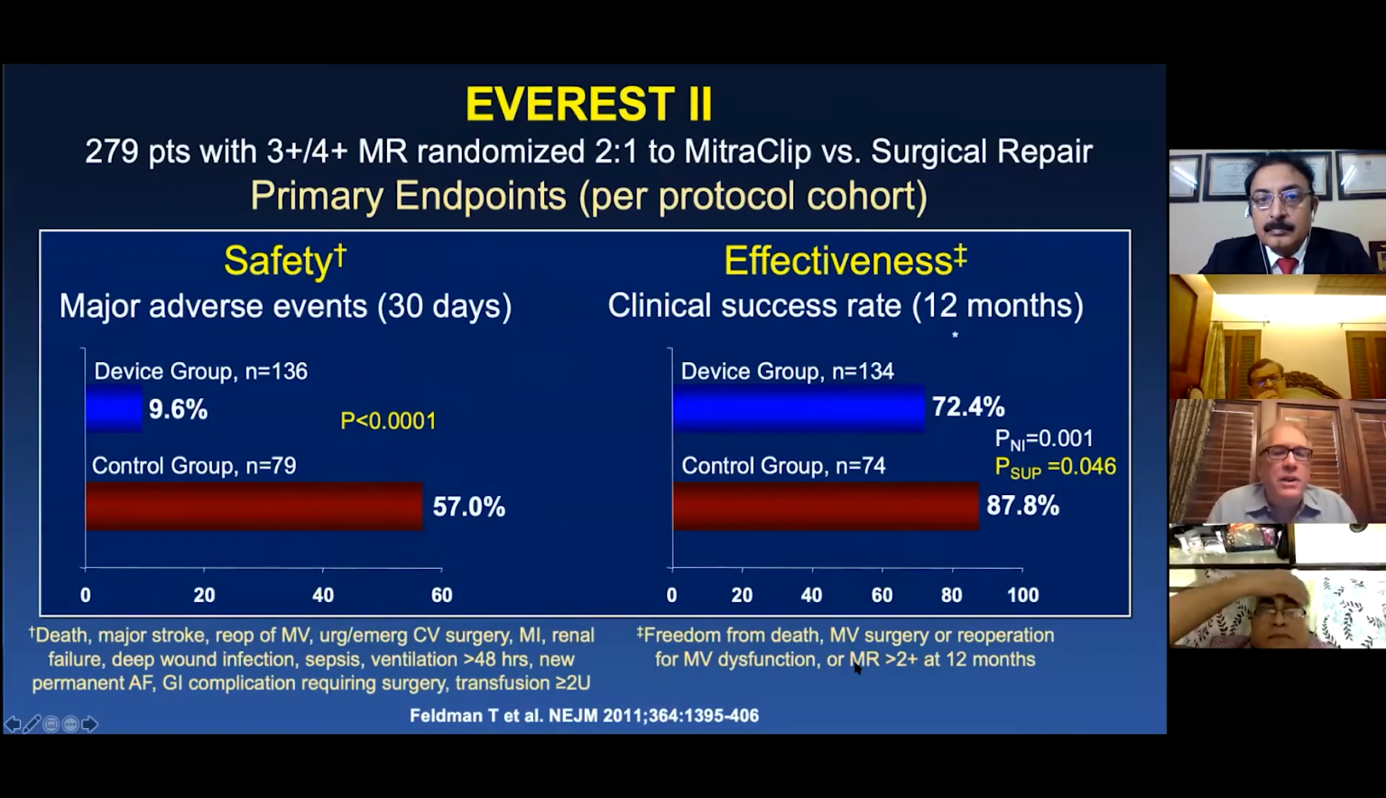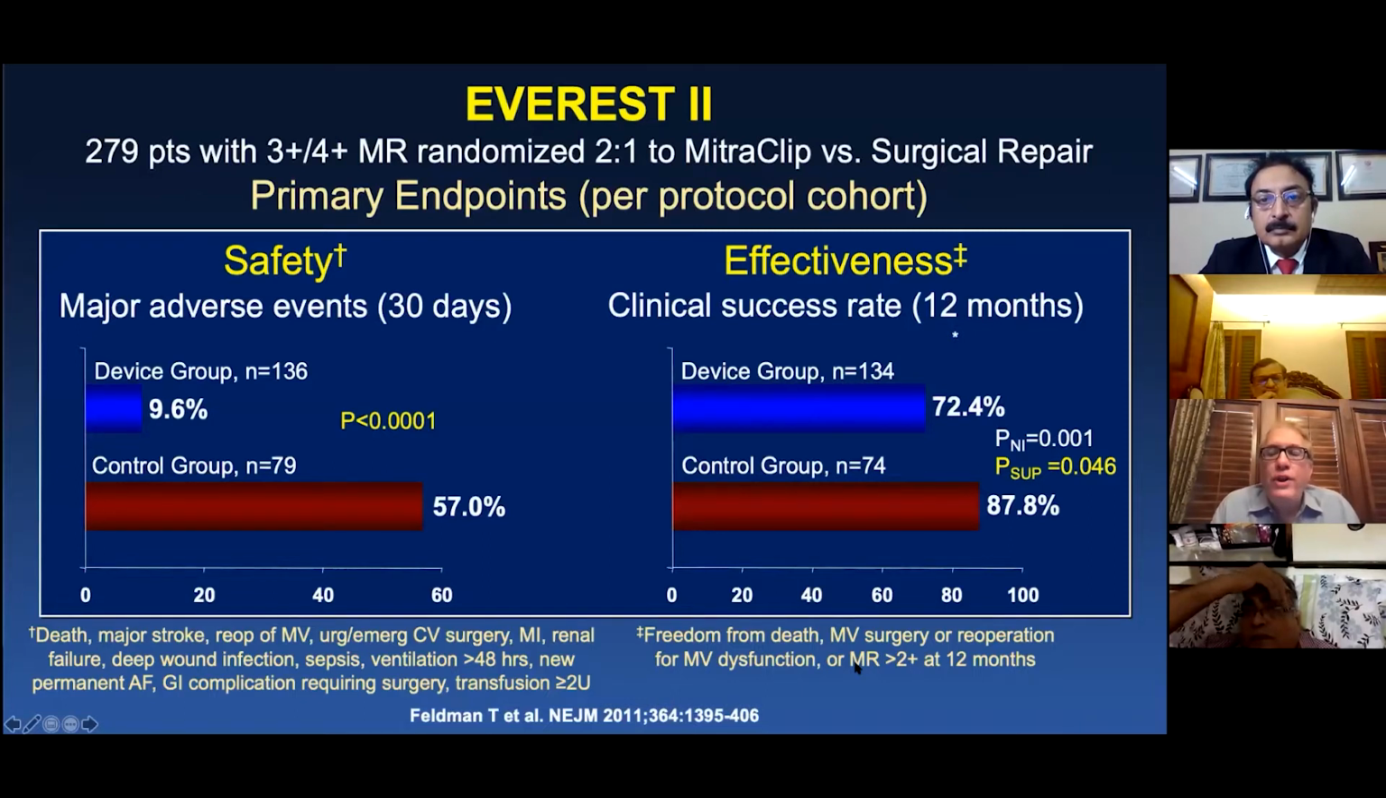Not surprisingly, the MitraClip is a much safer procedure than mitral valve surgery. However, the MitraClip was not as successful as surgery was. Success here defined as death, major stroke, mitral valve reoperation, urgent or emergent cardiovascular surgery. Those are the safety. The effectiveness being defined as freedom from death, mitral valve surgery, or reoperation for mitral valve